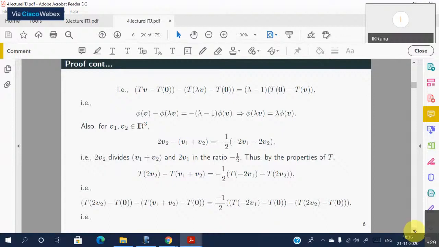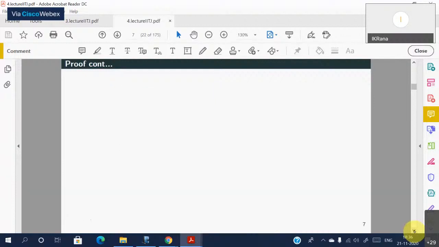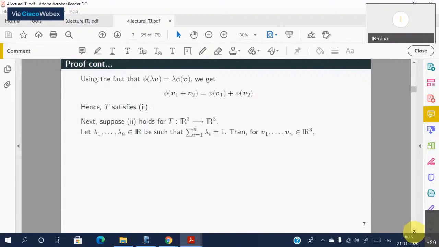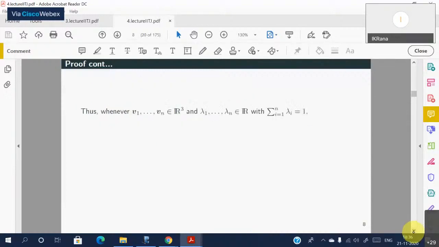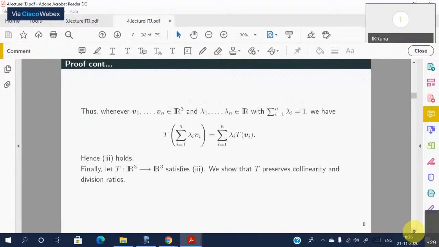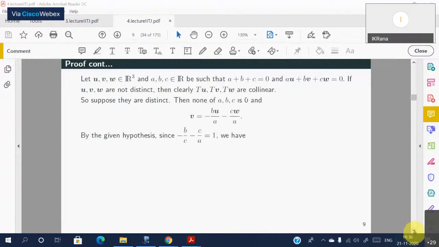So this is a reason: because our underlying set is R3, it has a geometric structure, namely of collinearity and division ratios. So we would like those maps which preserve this. That is given by what we call affine linear maps actually. And from the affine linear map, if you subtract the image of 0, you get what is called the linear map. So hence three folds, and finally the collinearity part.